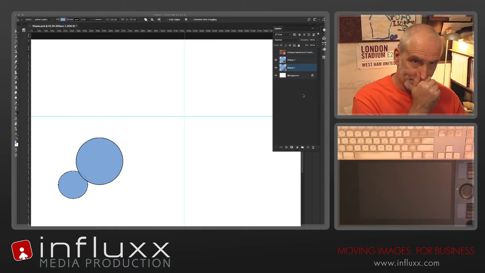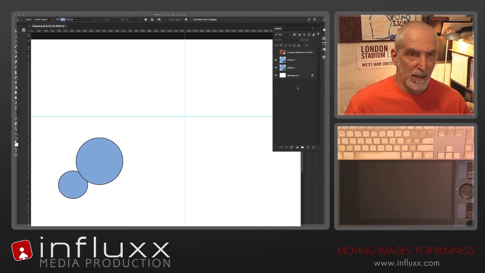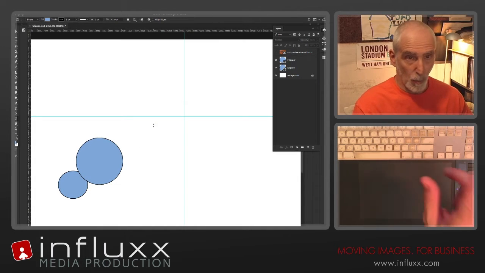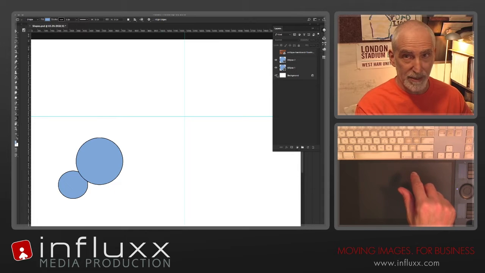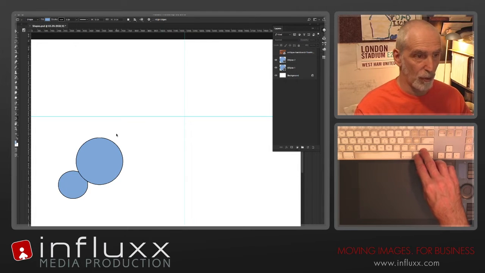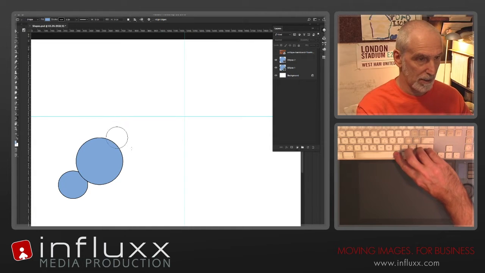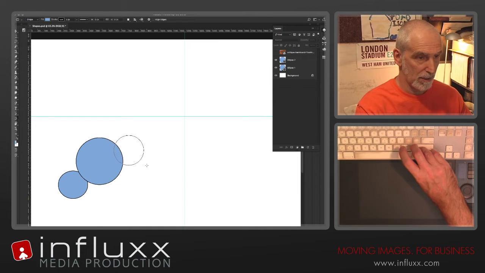So if I draw another layer and I hit the U key again with nothing selected in the layers palette, and I just draw another layer, again,